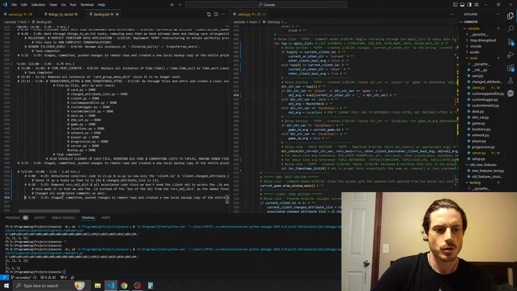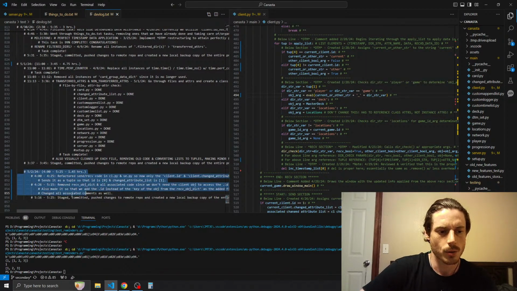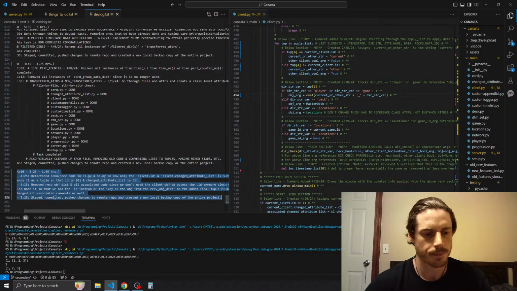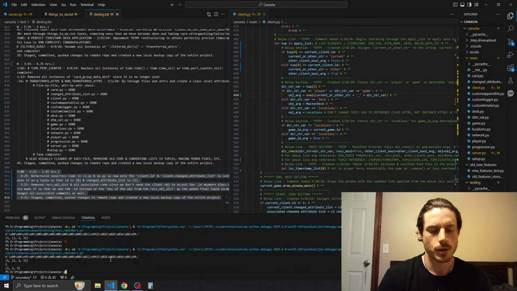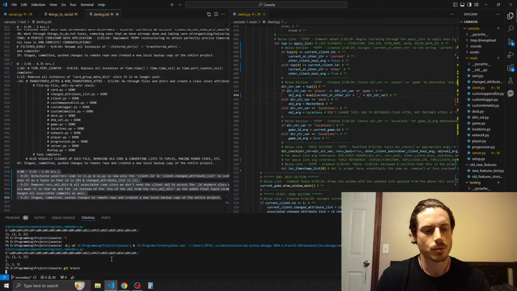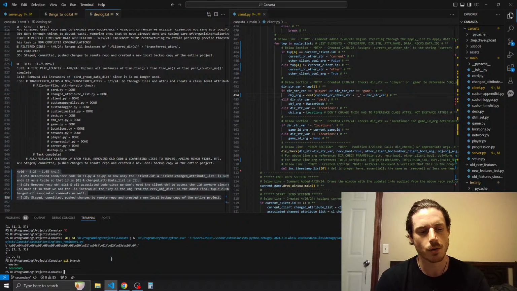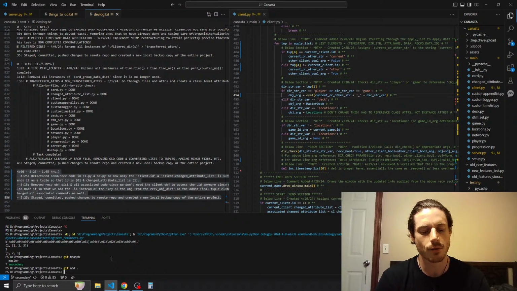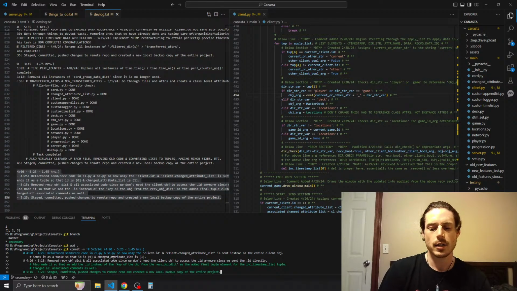Alright, so let's stage all of our changes and make our local copy. So I'm going to do git branch to make sure we're on the right branch. We are on secondary, the right branch. And as you can see, we're in the root project directory, which is the programming projects Canasta. So we're going to do git add dot for adding everything. Now we're going to do git commit -m. We're going to add in this commit message, which is a copy of our devlog